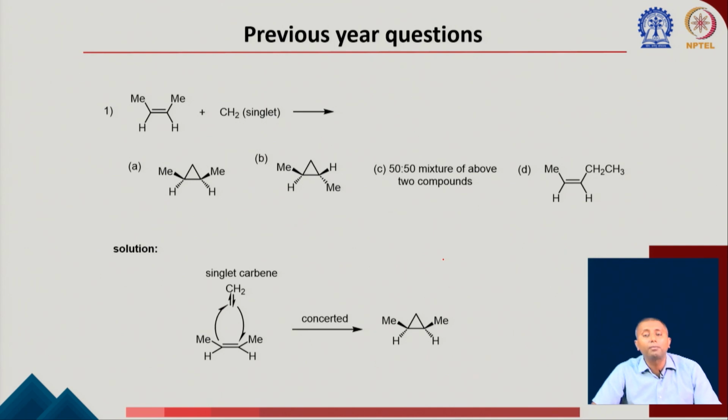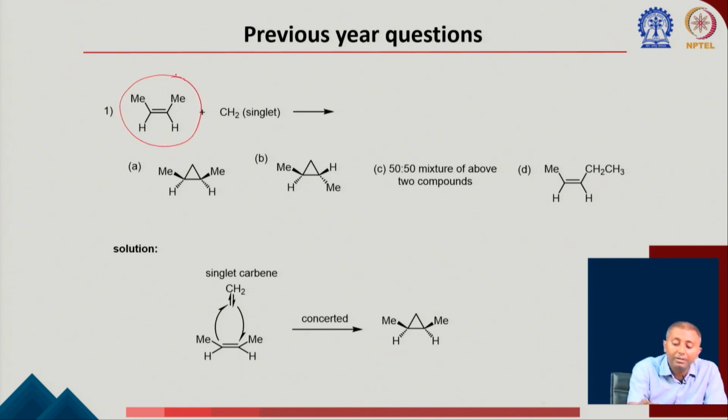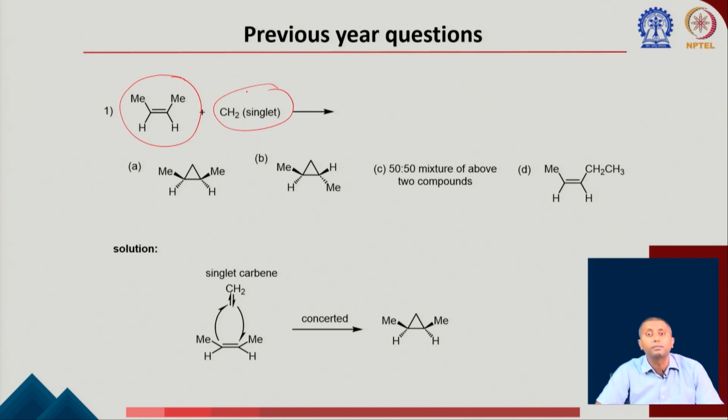So I talked about some of the things about cross metathesis, and now I am going to talk about the previous year questions. So let us talk about some of the questions. The first question is, starting from this cis olefin, once you use a singlet carbene, what will be your product? I already talked about the singlet carbene reaction being stereospecific. So it should form a stereospecific product,